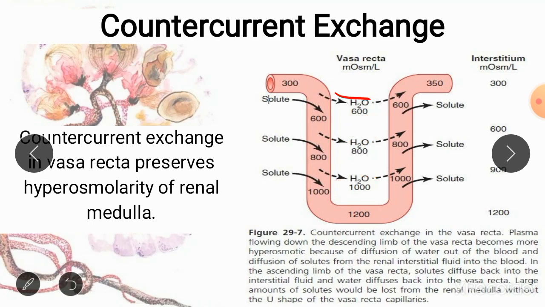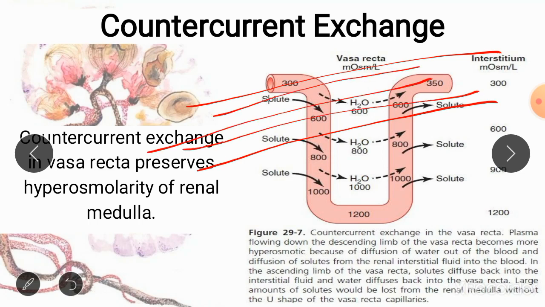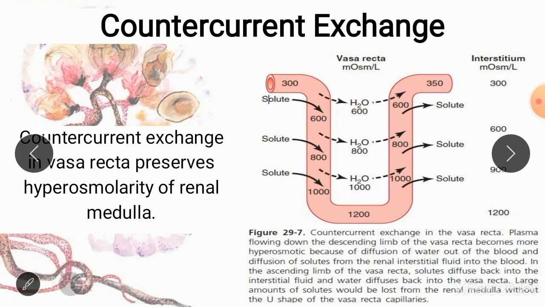Had there been a straight peritubular capillary, it would have washed away all of the solutes from the renal interstitium, and this would have left the renal interstitium very hypoosmolar, and the countercurrent multiplier would have to work again to create a hyperosmolar interstitium. But luckily the shape of the peritubular capillaries is a U, and this helps in the maintenance of the